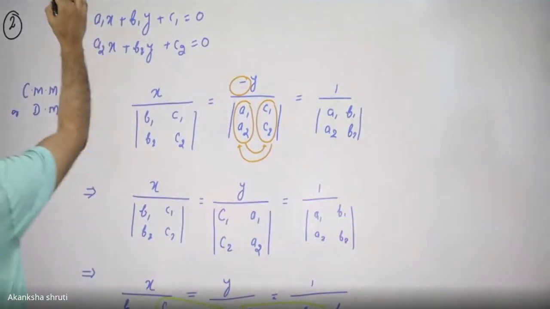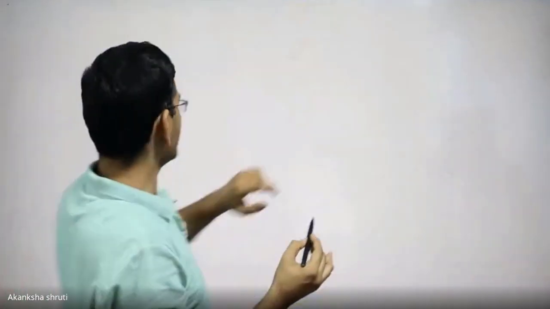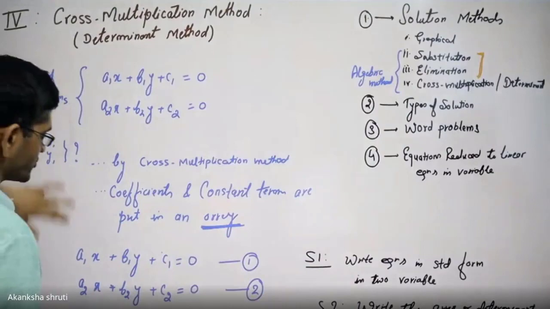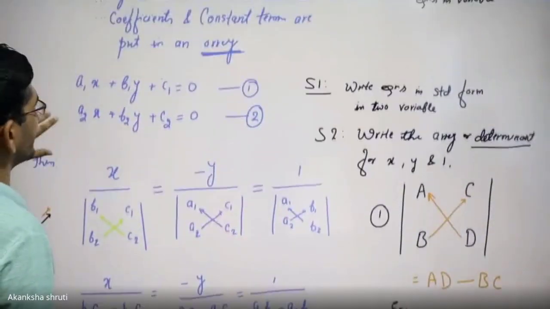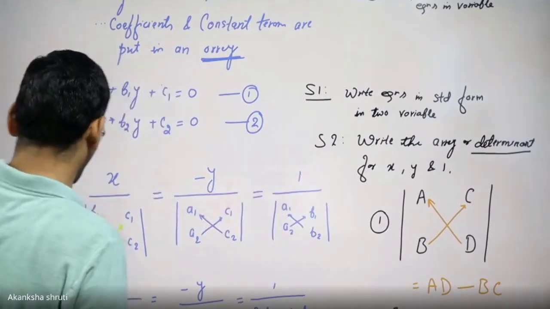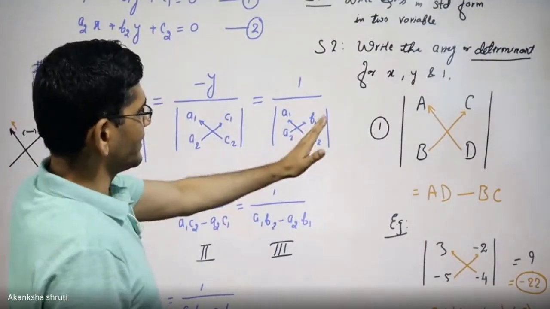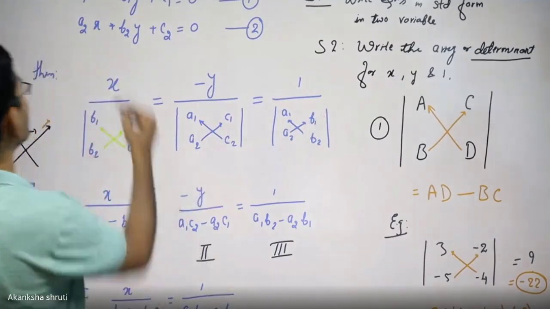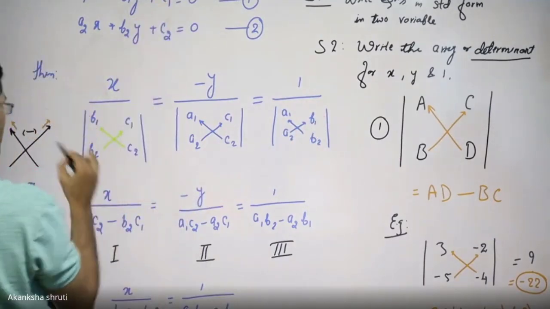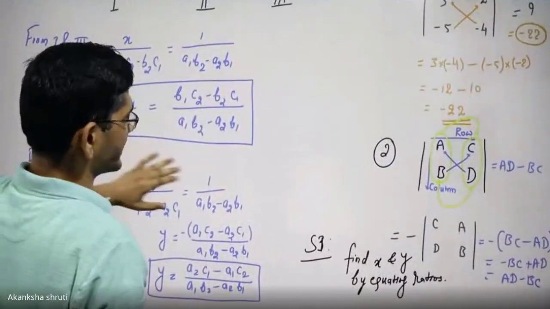Students, let us come to the third point. First I had explained how to get the value of x and y by writing in the basic form, in the form of equation and determinant. My advice, you follow this method. This is the simplest, the very basic method. It will also take nearly the same time.